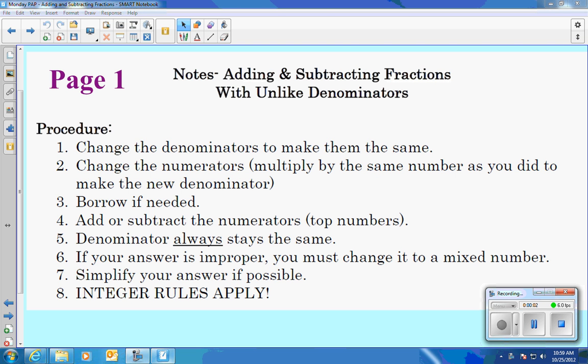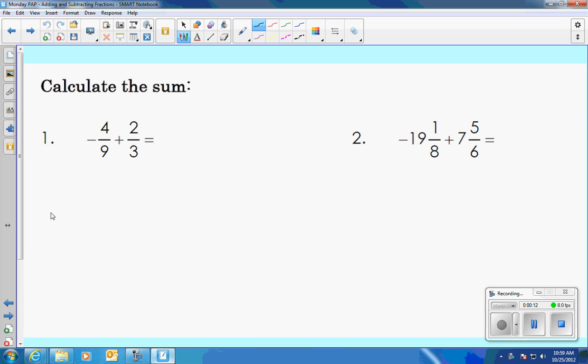This lesson is over adding and subtracting fractions with unlike denominators. So there's a procedure that you can go through and you can read through these steps to solve, but we're actually just going to work an example to demonstrate this. So we are dealing with fractions, adding and subtracting with integers this year, whereas last year you just dealt with positives. So you're always going to need to keep in mind your integer rules,